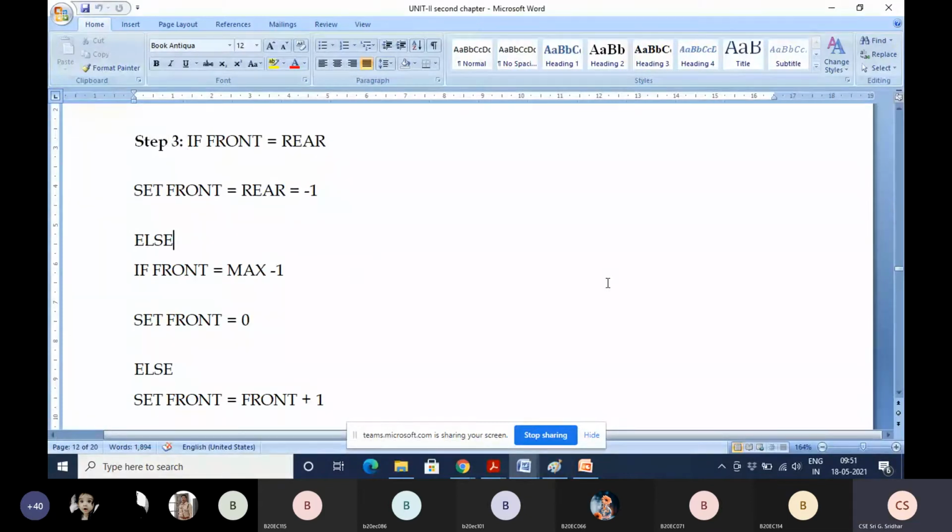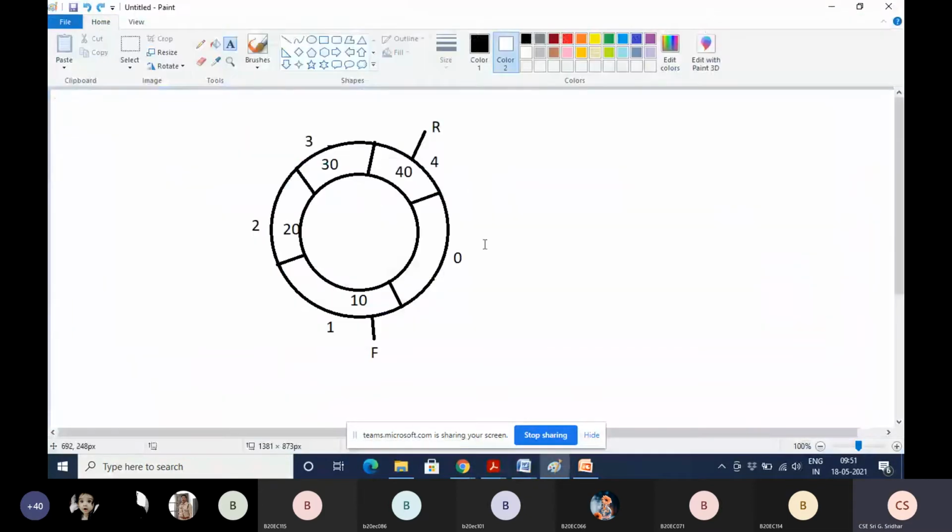If front equal to max -1, if front is pointing to the 4th location, and rear is pointing somewhere, and you deleted this element, then what do you have to do? Should we write front equal to front plus 1? No, sir. You can also use the same formula. What is that? Front equal to front plus 1 modulus max.